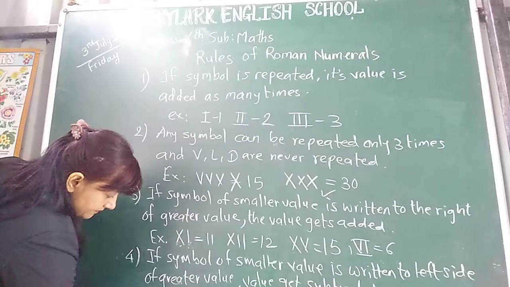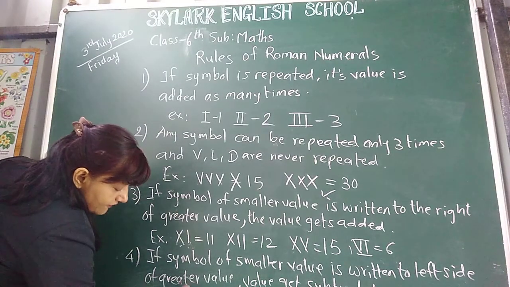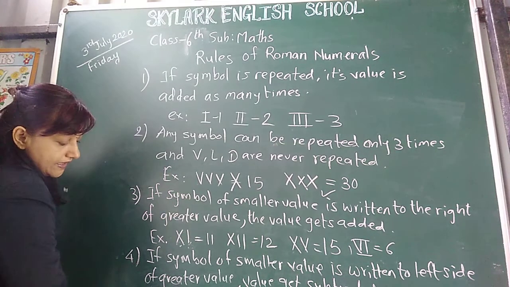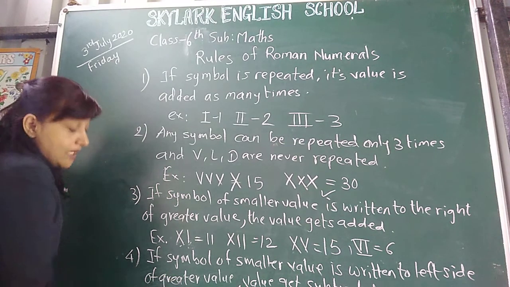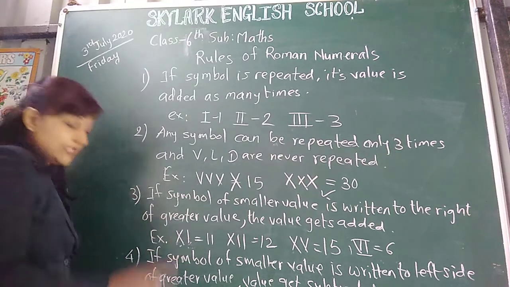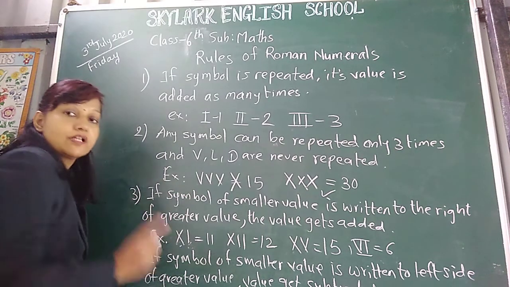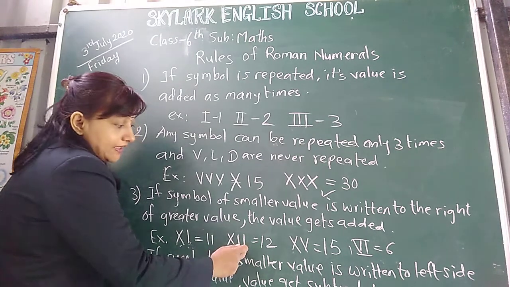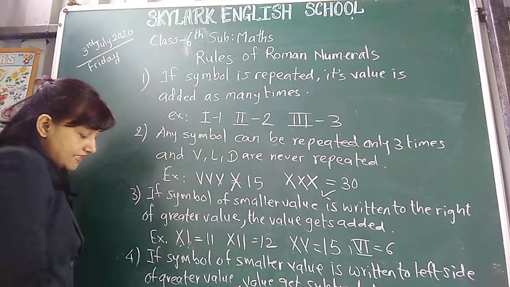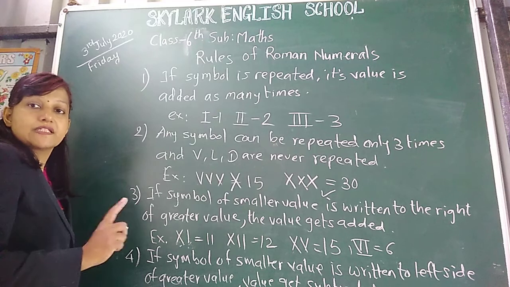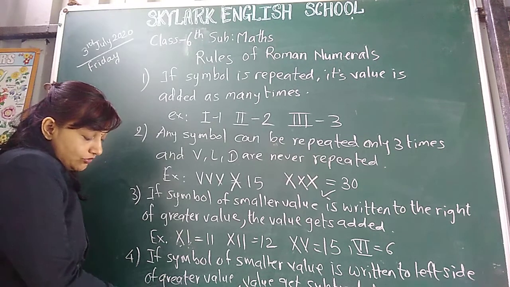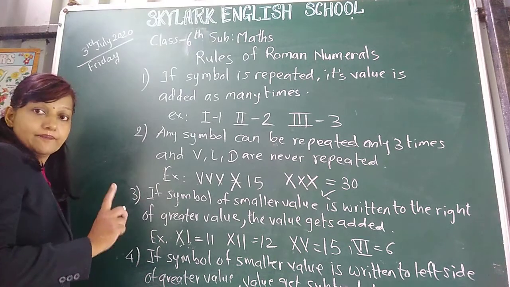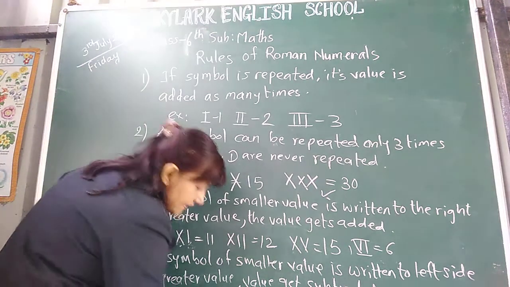For example, if V is written and before it we have written I, then VI means 5 minus 1. But here also the rule is that only one symbol you can write. Here we took 2 symbols, 3 symbols earlier, but here we can take only 1 symbol, that is one time only. So 5 minus 1, there is nothing smaller than 5 except 1. Okay, so 5 minus 1, that answer is 4.